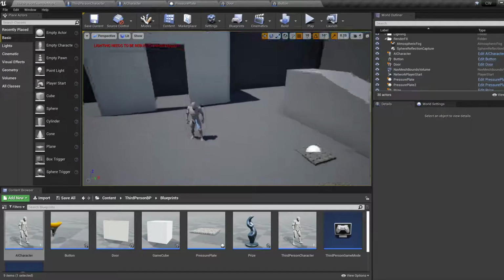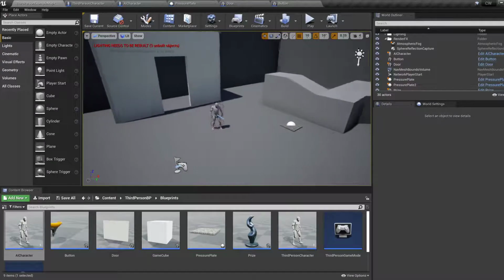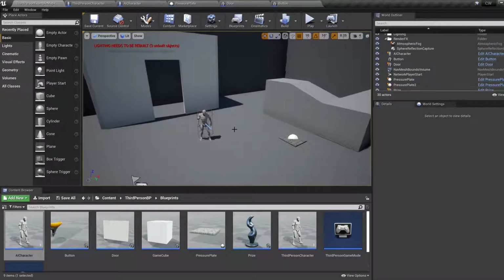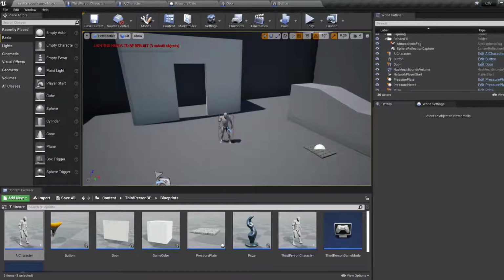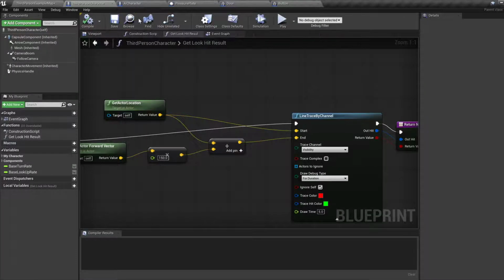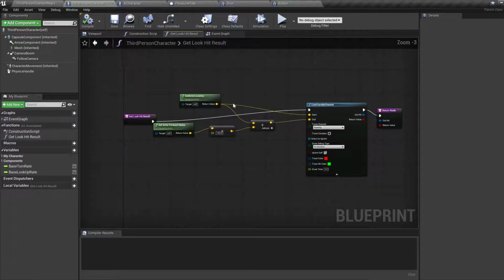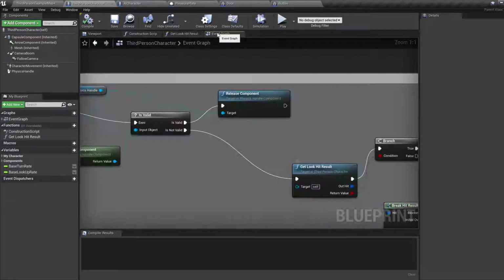So how do we issue commands to this thing? We can already command this character to continue to follow us, and I suppose we can bind the other key that we had, which is R, in our third person character, which was